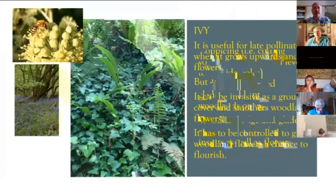So what about ivy? A lot of vigorous ivy along the Greenway. Well, when it grows up trees into its so-called arborescent form, it flowers, and then it's a useful source of nectar and pollen for late-flying insects, such as this interesting ivy mining bee in that little insect photograph. But when it's growing across the ground, it can be very invasive and it smothers the woodland flowers, and it